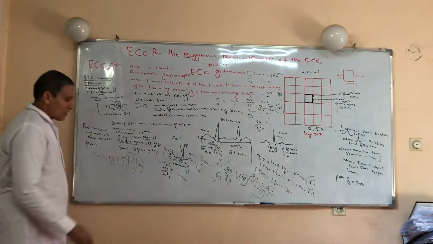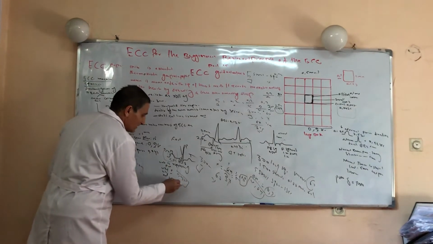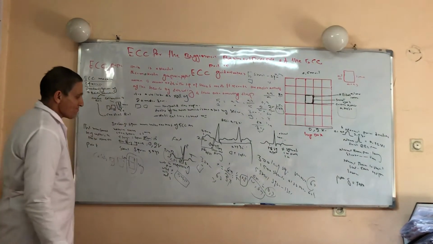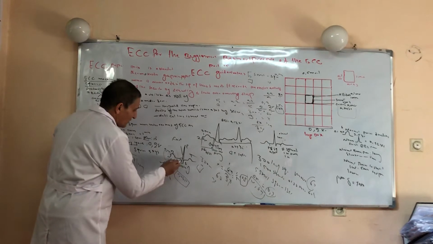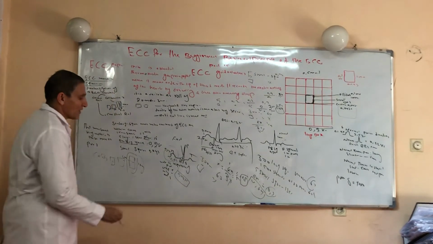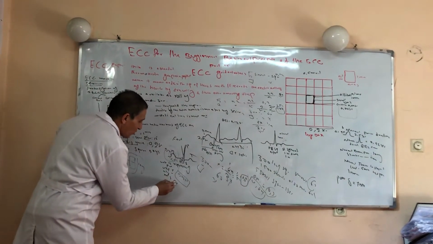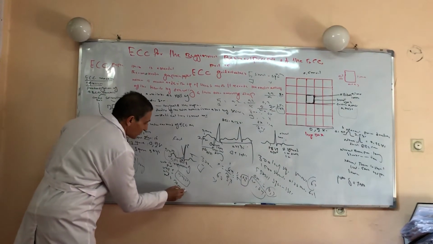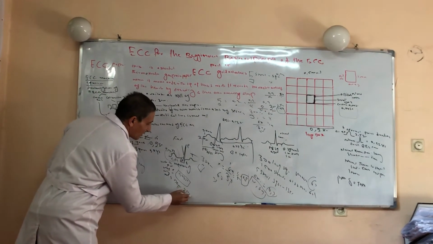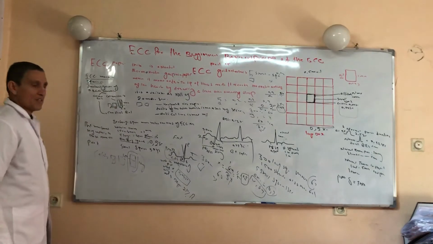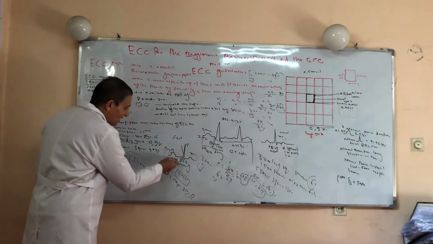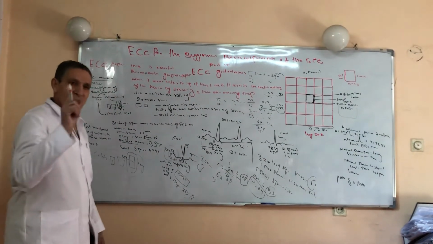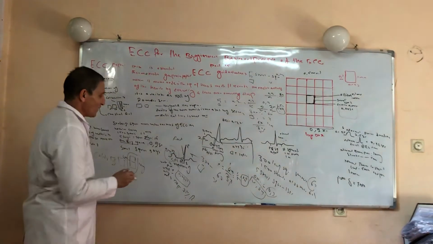The upper limit that you should not forget is 0.04 second, one small square. The depth of the Q wave should be less than 25% of your R wave. So this is 0.04 in duration, and it should also accept 1 millimeter.